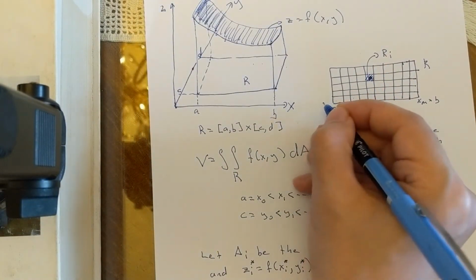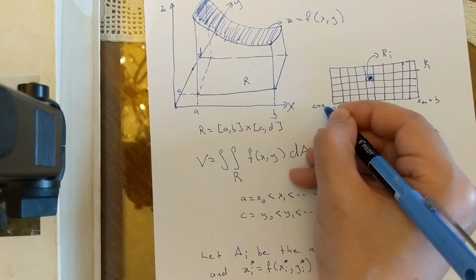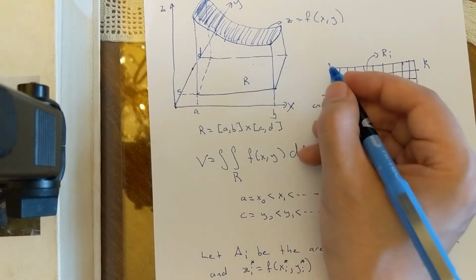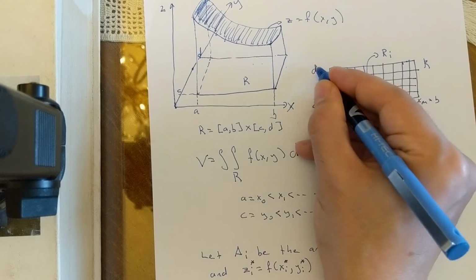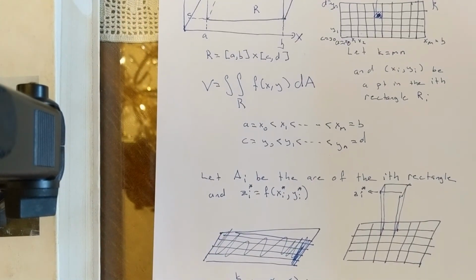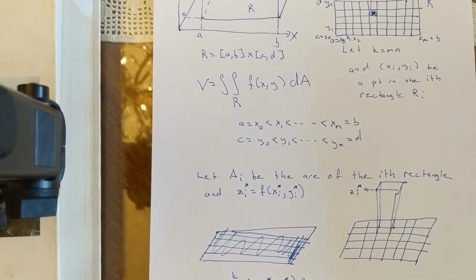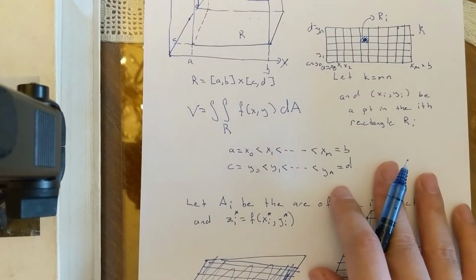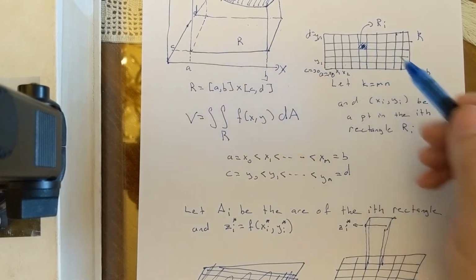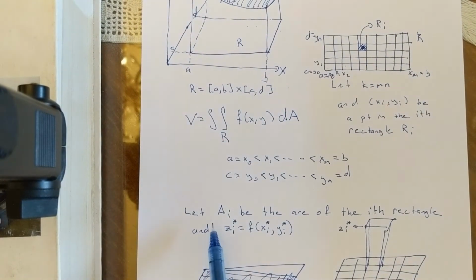Now, in the y coordinates, C is equal to y sub 0. This is y sub 1, and all the way up to D, which is going to be equal to y sub n. So it's m times n, exactly what I wrote. Calculating this area is very easy. It's a rectangle. We're going to let a sub I be the area of the ith rectangle,